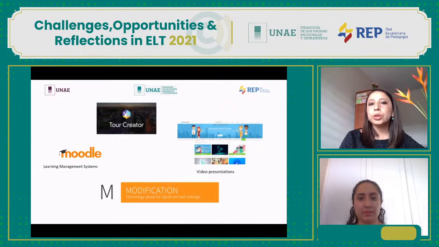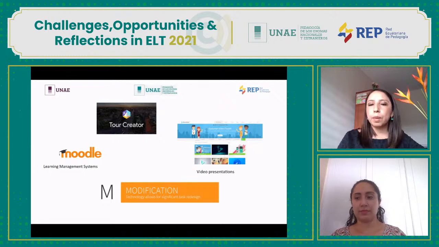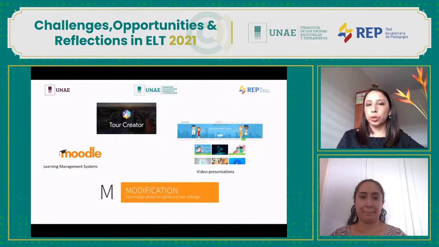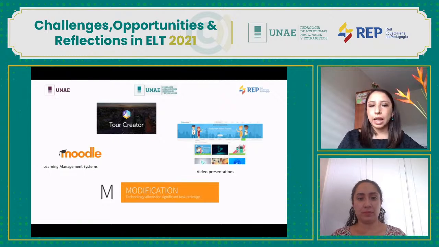This is also very useful since you can use images from different parts of the world and create tours. And also the learning management systems like Moodle, where we can post information, we can ask students to complete assignments, give them quizzes. So all these apps, web pages, and tools are considered to be at the modification stage.